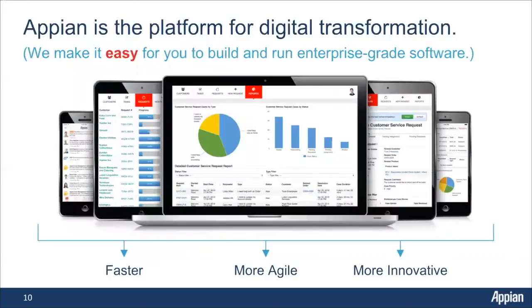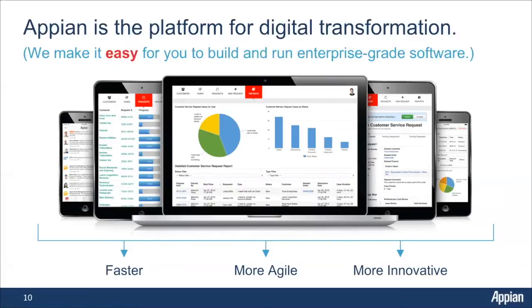So what is Appian all about? Appian is really what we call the platform for digital transformation. Ultimately, we want to make it easy for you to build and run enterprise-grade software. And that means delivering it faster, delivering it agile. Agile doesn't just mean fast, but agile means that you can rapidly iterate upon it, that change management doesn't become a large burden, that you can very quickly change and adapt to business needs. And again, more innovative. Innovative not only means, of course, delivering innovative solutions in the platform, but enabling our customers to deliver those quickly to mobile devices, IoT solutions, other types of solutions